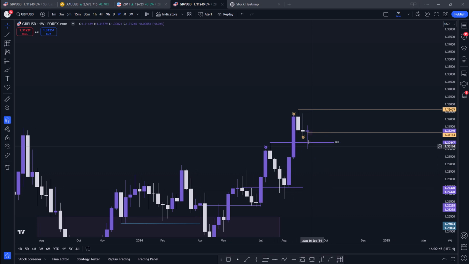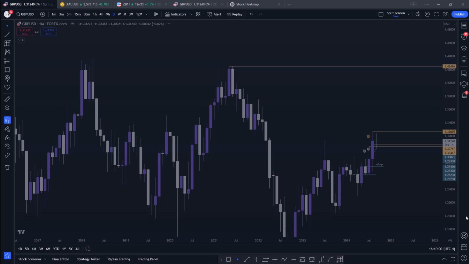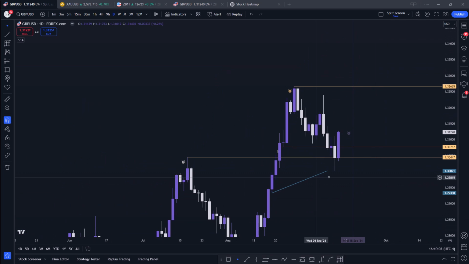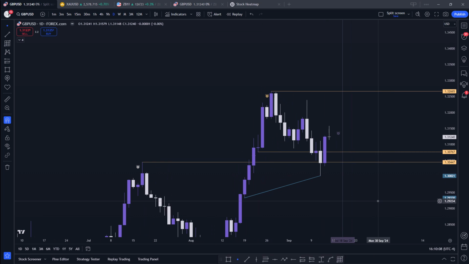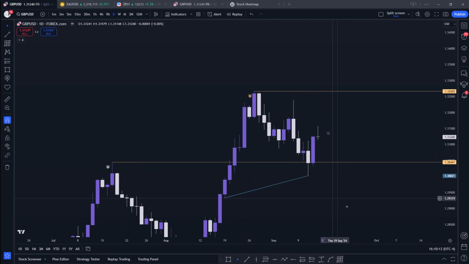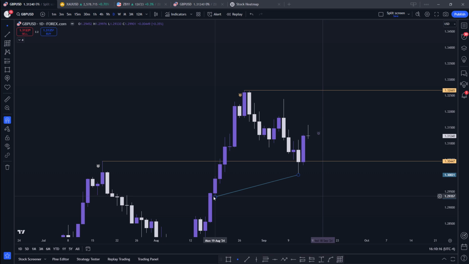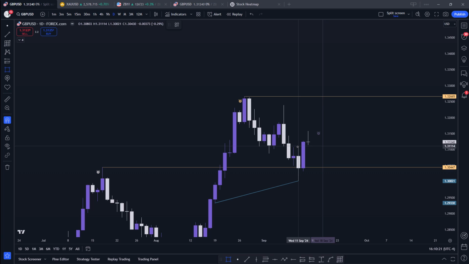So yeah, looking at the expansion that we have from last week, and considering the fact that we have GBP's CPI in this coming week, I'm really interested to see how far we push higher in this specific coming week. So anyway, now going down to the daily time frame, I can delete these unnecessary lines. We firstly obviously have the SMT divergence over there, but we've now created a daily order